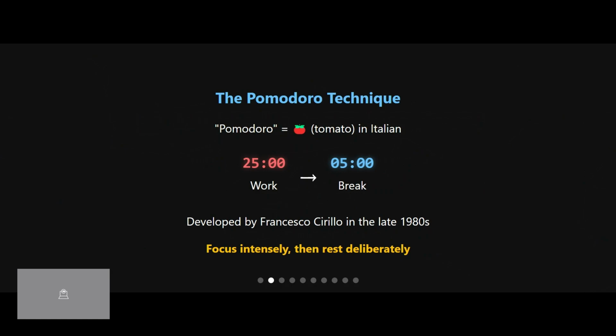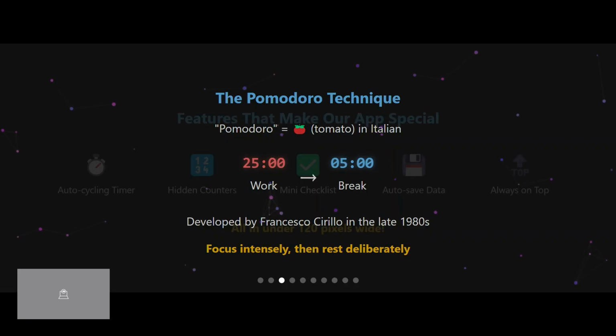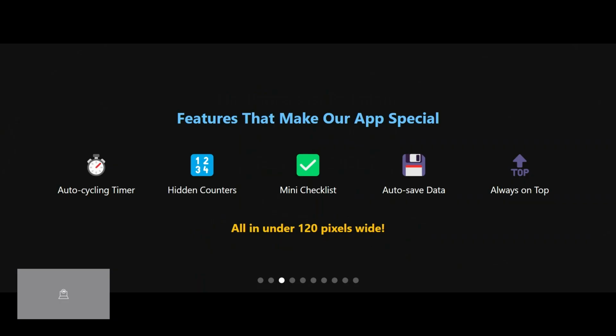So work mode will have 25 minutes, break time will have 5 minutes. Focus intensely on what you want to achieve, then rest deliberately. We added a few more features, like an auto cycling timer. Auto cycling timer instead of